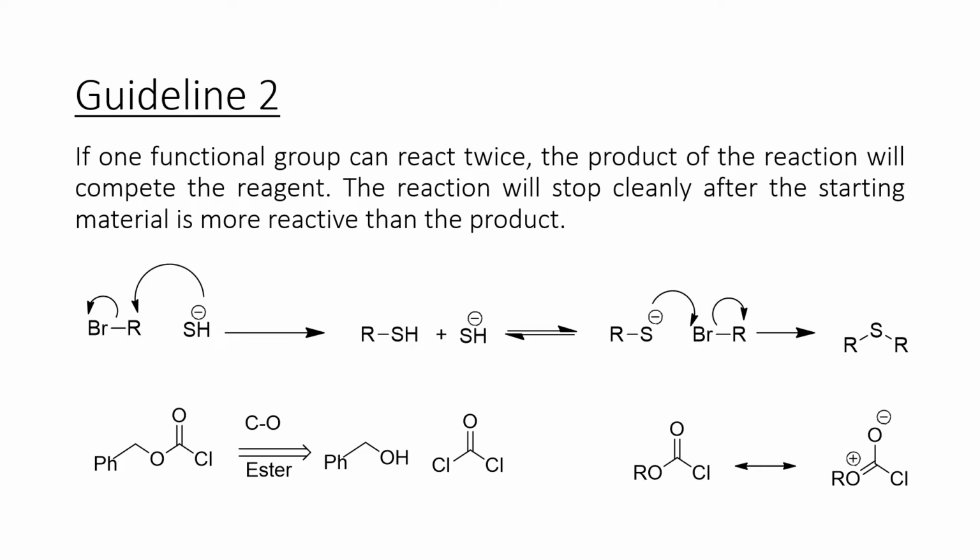वो फिर उसी स्टार्टिंग मटेरियल के साथ रिएक्ट करके फर्दर एक नई प्रोडक्ट बना देगी. इसके एग्जांपल है ऑक्सीडेशन ऑफ अल्कोहल्स. अगर हम अल्कोहल्स की ऑक्सीडेशन करवाएं क्रोमिक एसिड के साथ, तो हमारे पास पहले स्टेप में जो है वो एल्डिहाइड या कीटोन बनेगा, लेकिन वो एल्डिहाइड और कीटोन वो compete करेंगे विद द अल्कोहल टू रिएक्ट विद क्रोमिक एसिड, और